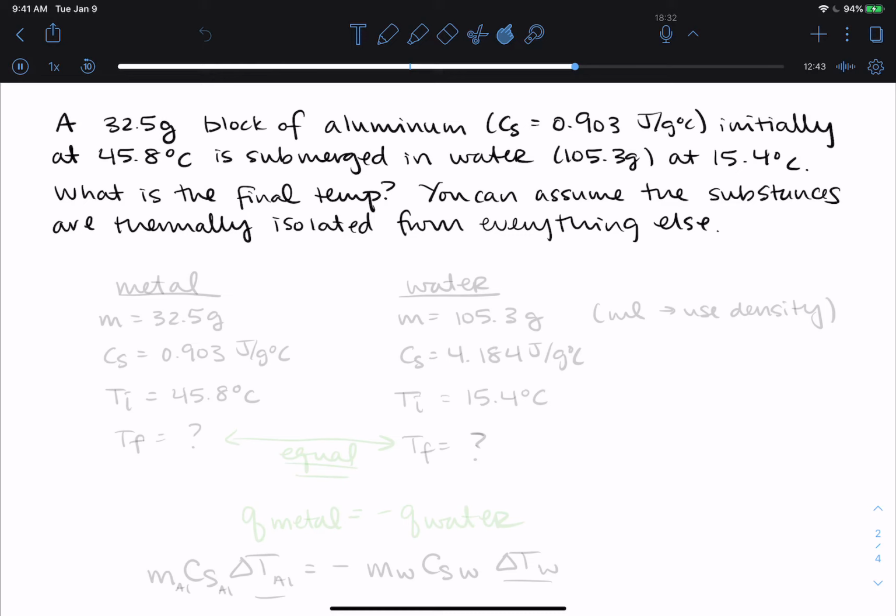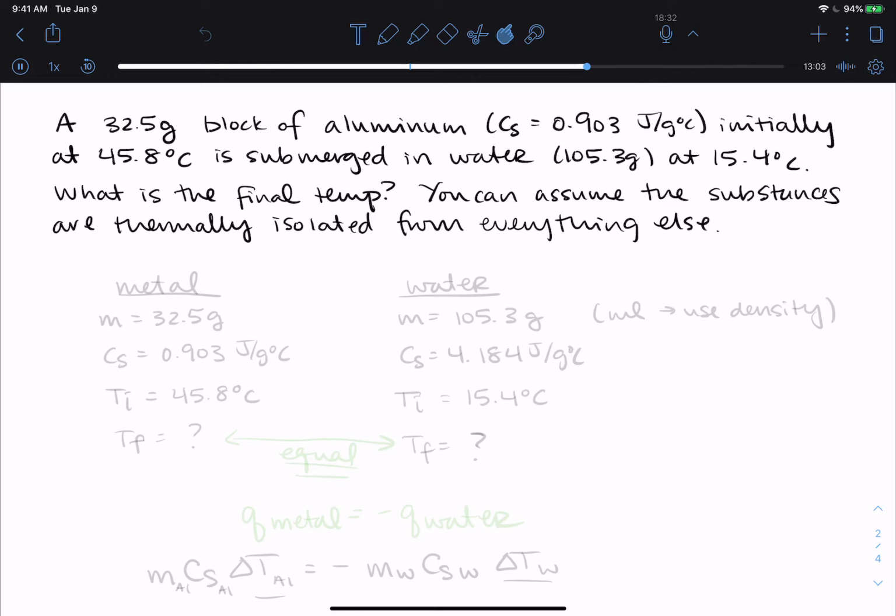What is the final temperature of both substances? And now here it tells us you can assume that they are thermally isolated from everything else. This is something that you can generally assume for these problems. So I think one of the best things to start with is just make a data table for this type